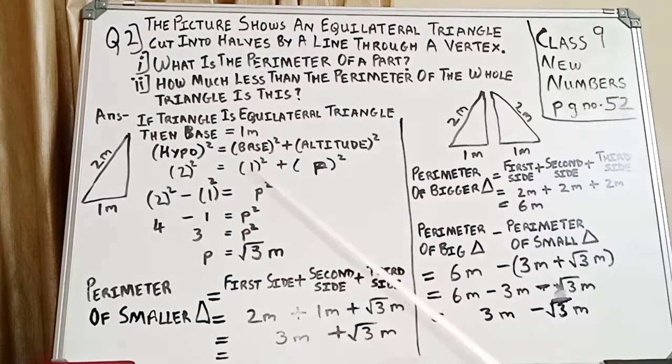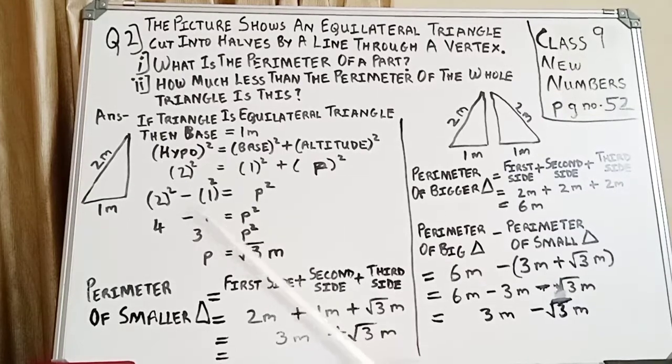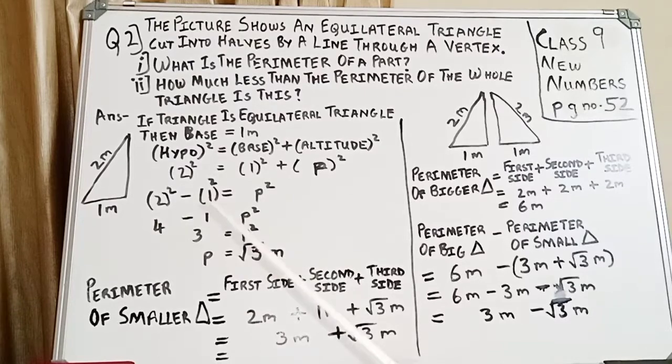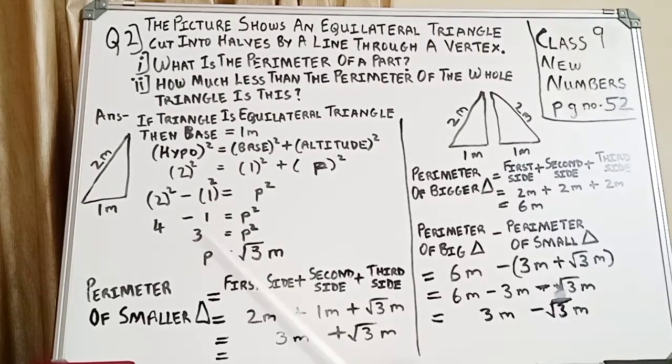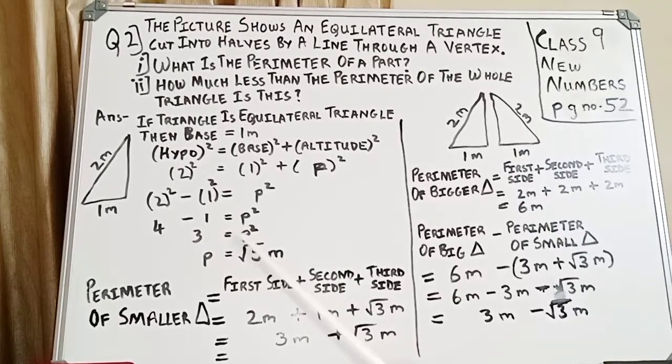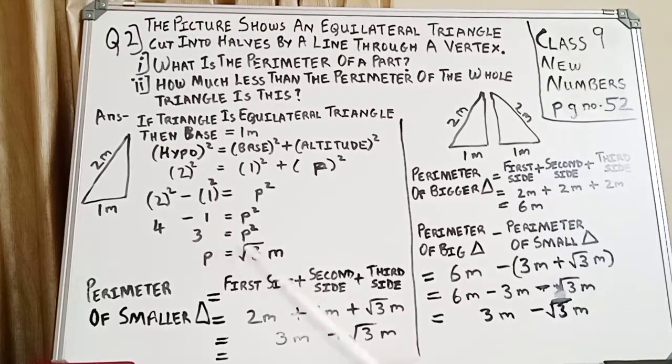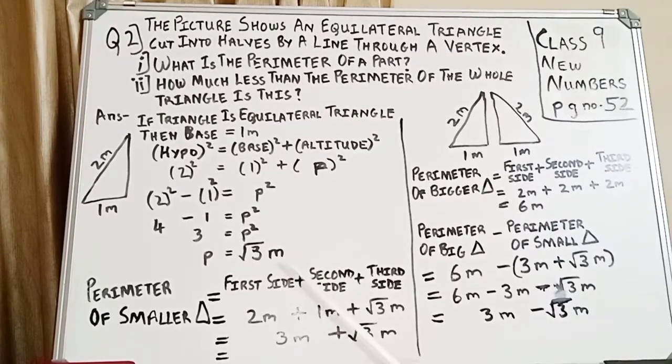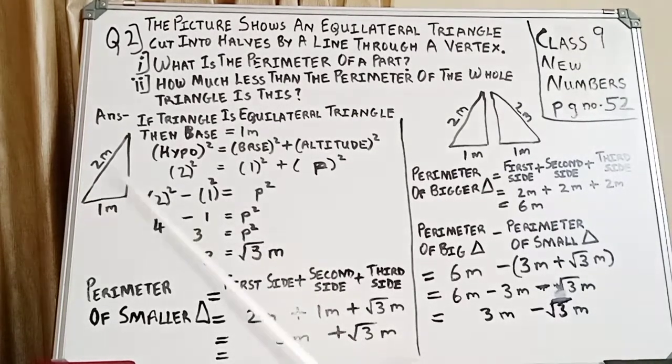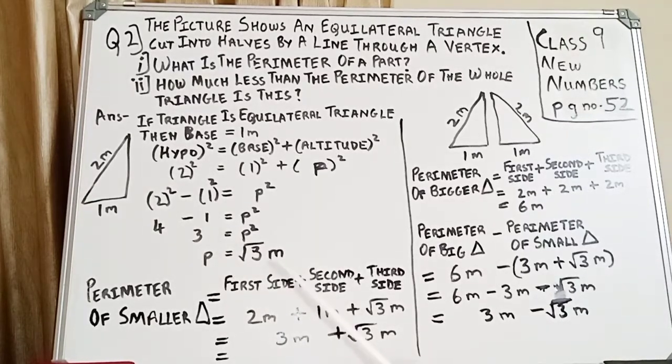When you shift this 1 square to the opposite side of the equal sign, the plus sign will become minus. That is why 2 square minus 1 square. 2 into 2 is 4, 1 into 1 is 1. That is why we get 3 is equal to p square. Now this square, if you take it to the opposite side, you are already aware, you have to see my previous videos to understand why it becomes root 3. Since the answer is in meters, you have to write the final answer in meters.